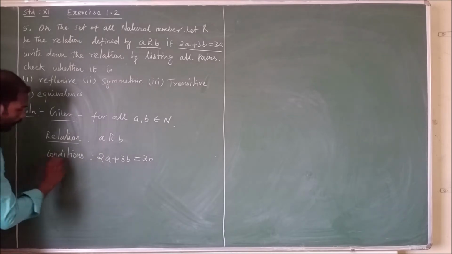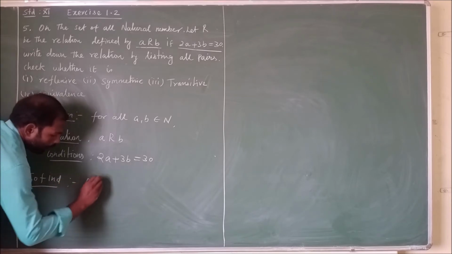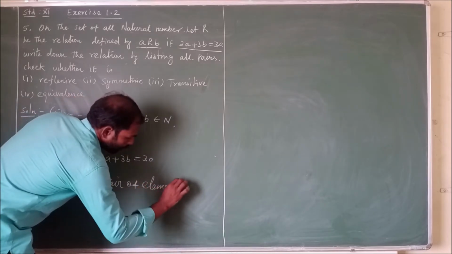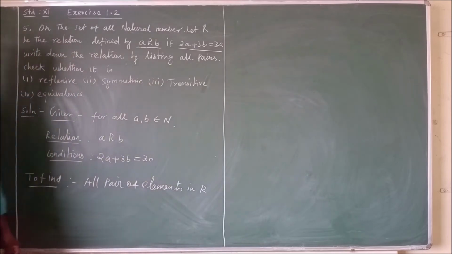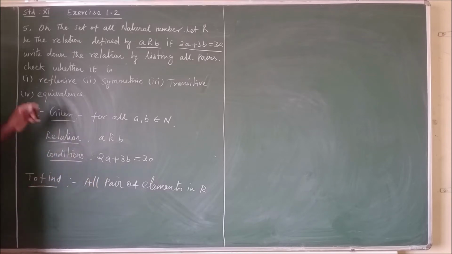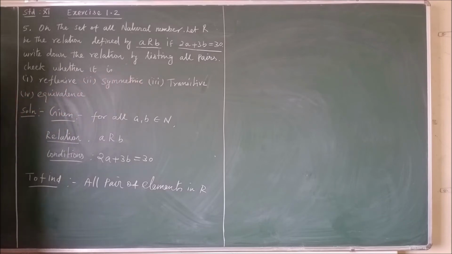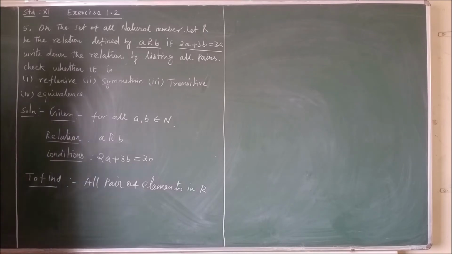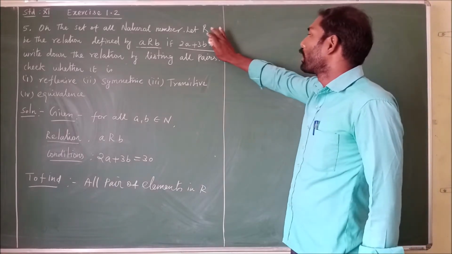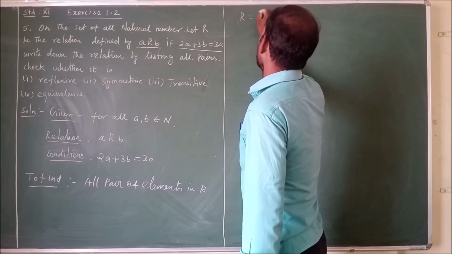First we have to find all pairs of elements in R. After that, you have to check whether it is reflexive, symmetric, transitive, and an equivalence relation. First, we find the pairs of elements in the relation. Therefore, R equals